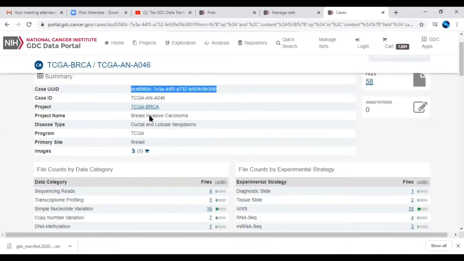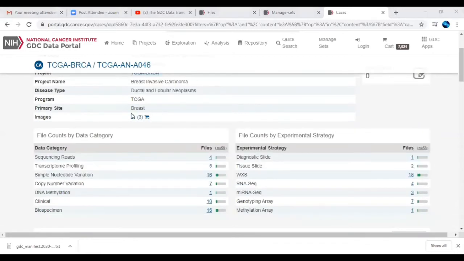They have given the project name and the program it is included in, for example the project is in the TCGA program. So how many slides there are, and from here we can directly add this particular case to the cart.